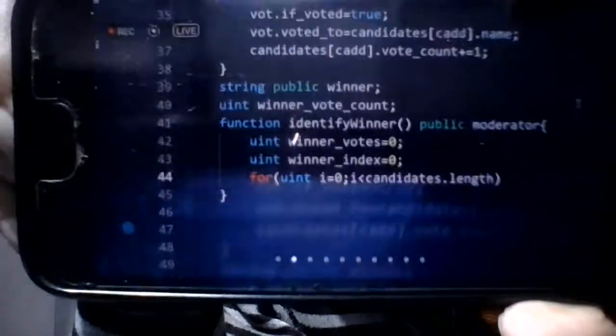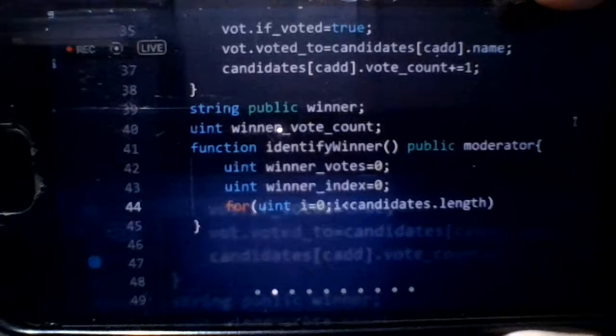Okay, some of you have asked questions. Storage. Okay, so there are two types of keywords: storage and memory. Storage is permanent. When we make a function call, a variable is created, and when the function has been called the memory is released.